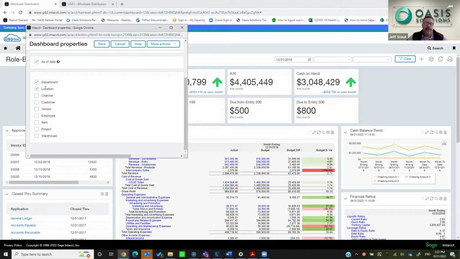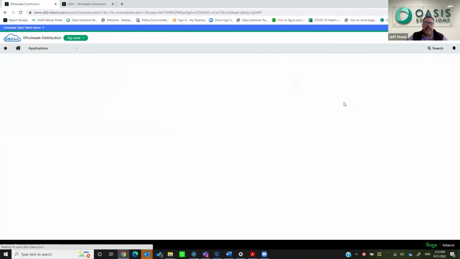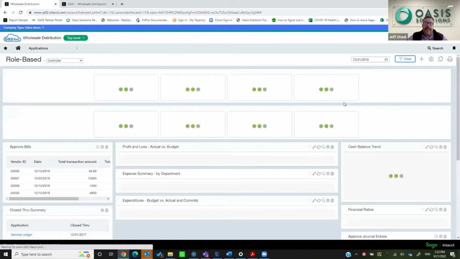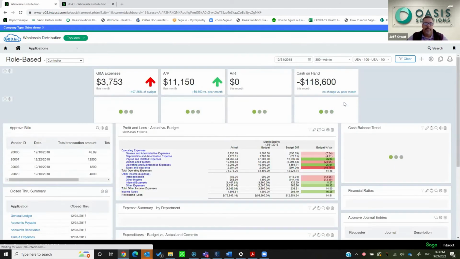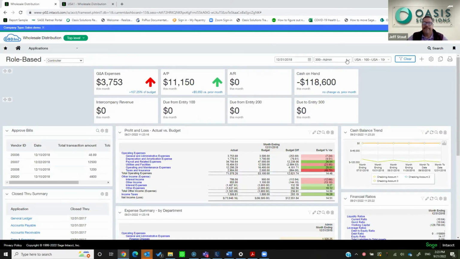Okay, you can't go higher than 3 on your dashboard filters, but right now I'm only doing location and department. So if I want to take a look at any of these values over here and say, well, let's take a look at how my admin department is doing, maybe for location 100 here, and apply that, you'll see that these values will update, and I'll be able to see just based on the specific dimension values that I entered in. Okay. All right, I'm going to clear those out,